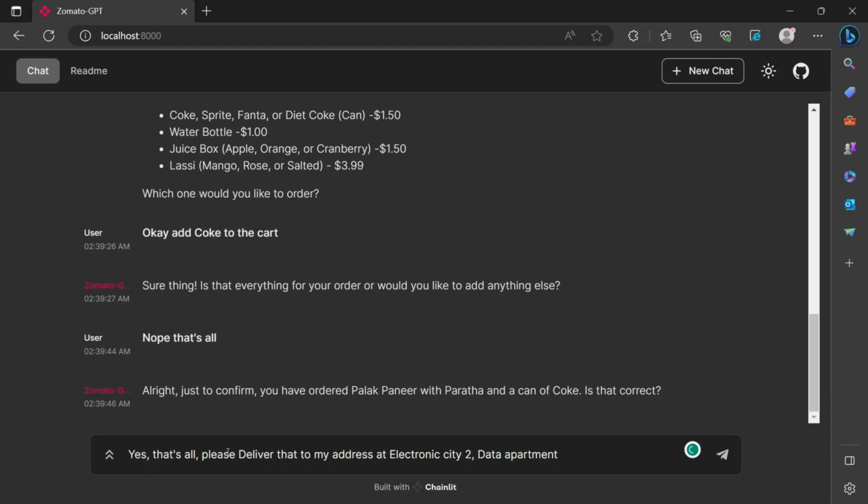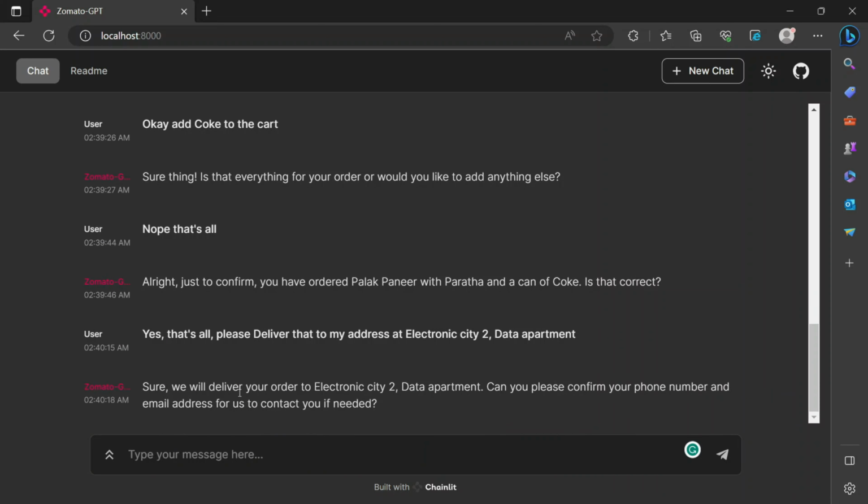Please deliver that to my address, at this address. Okay, so let's run this. It says, sure, we deliver the order to this address. Can you please confirm your phone number and email address for us to contact you if needed? Generally it should not ask, but let's say it is asking, so right now I will simply say sunny@gmail.com is my mail ID, and my number is